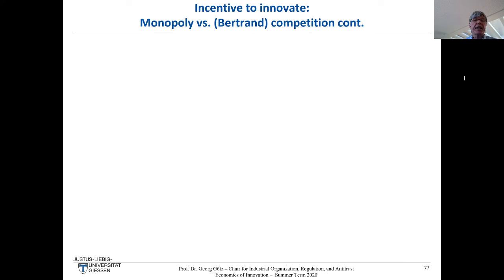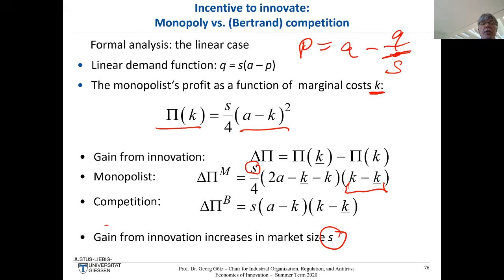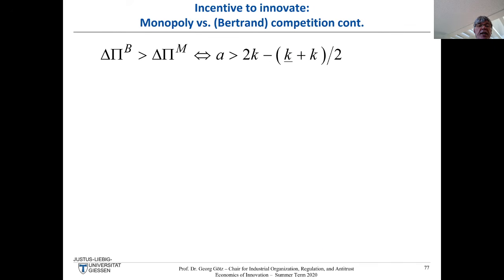We did this comparatively previously, but we also want to give something like a formal proof here. So what you just saw is, you just compare these two expressions here, delta pi m and delta pi b, and what we want to show, because we derived this result previously, is that delta pi b is larger than delta pi m. If you do that, you just